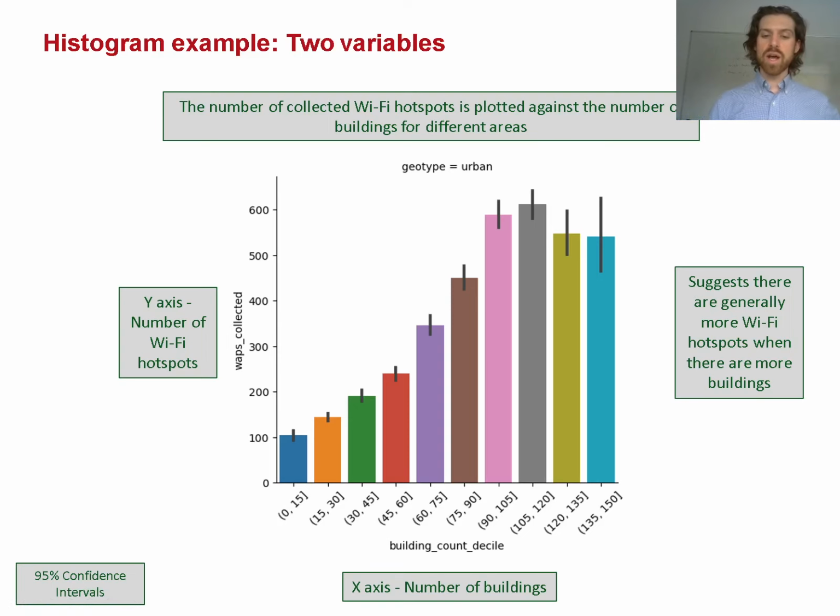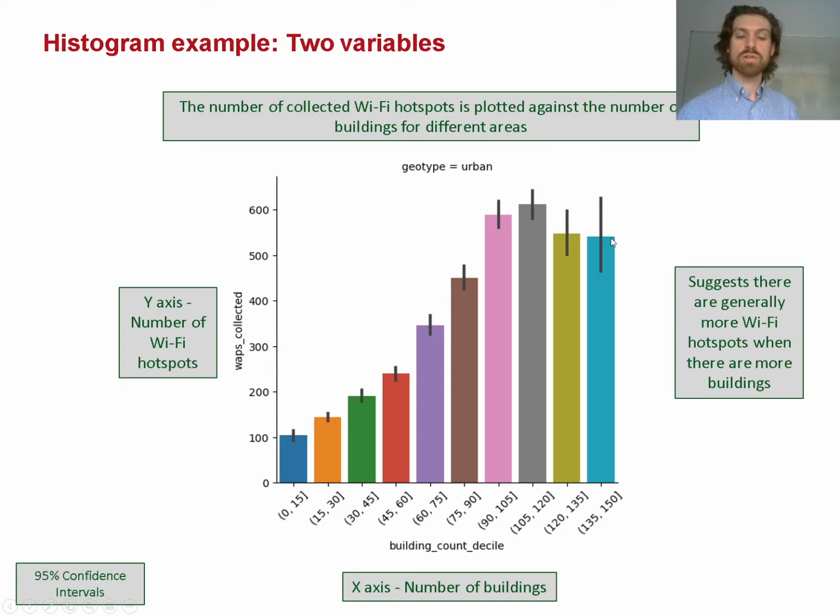But you can see that I've been able to plot that data. Essentially, I've aggregated the number of buildings in each area into buckets. So we have between 0 and 15 buildings here, and approximately, there's generally about 100 Wi-Fi hotspots based on that number of buildings across the sample which I took. And then we can go up in density all the way up to 135 to 150 buildings, where we have